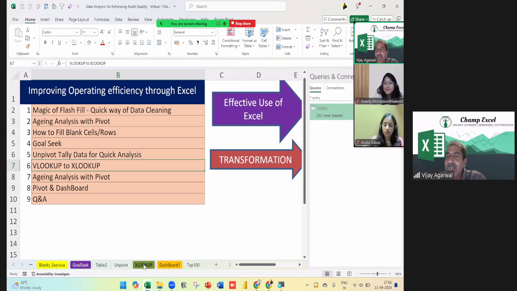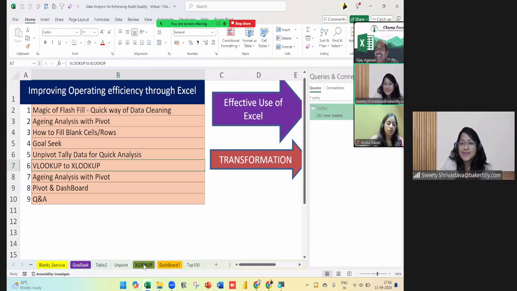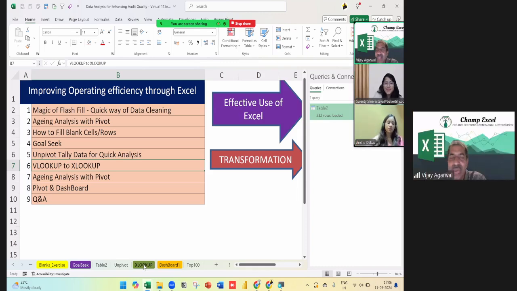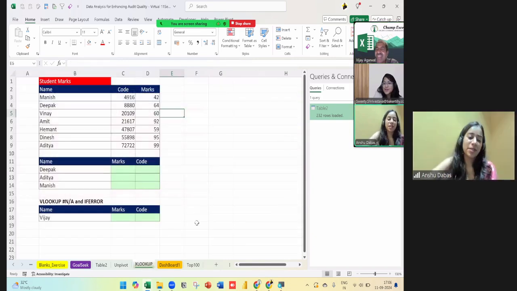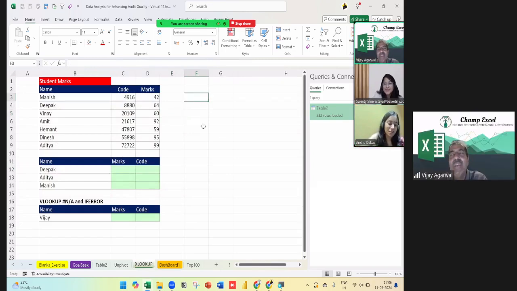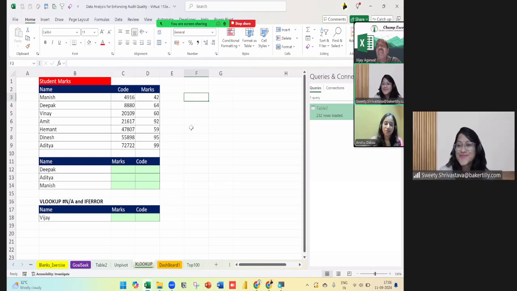Have you heard about XLOOKUP? Either of you? Yes. Are you using XLOOKUP or VLOOKUP? Which one are you using? We are comfortable with VLOOKUP, but I guess we know how to use XLOOKUP. But why are you comfortable with VLOOKUP? VLOOKUP is a very bad formula, I'll say. Nowadays, you should never ever use VLOOKUP. For the last 4 years, I'm telling my clients and my students, never use it, put VLOOKUP in the dustbin. That's a very bad formula.